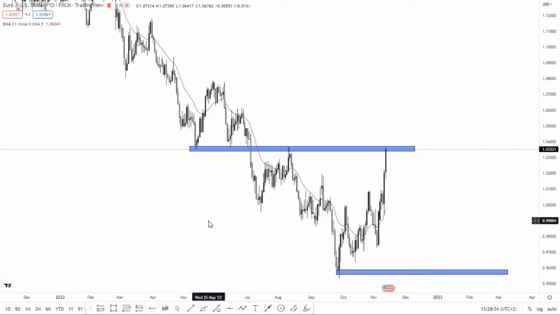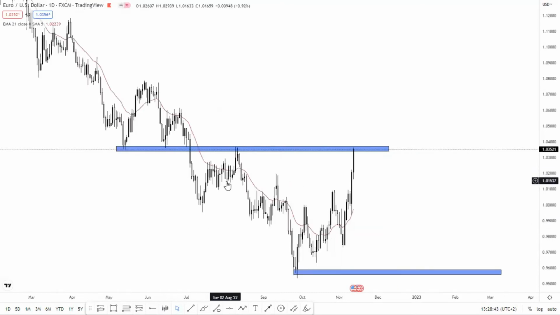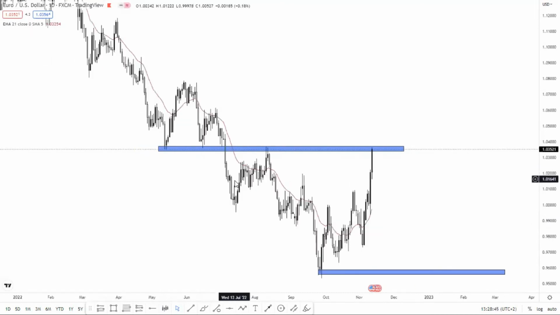Because if you're trading zones, maybe you're trading break and retest, maybe you're trading head and shoulders patterns. But trend lines are just there to show you where the market is heading. Okay,